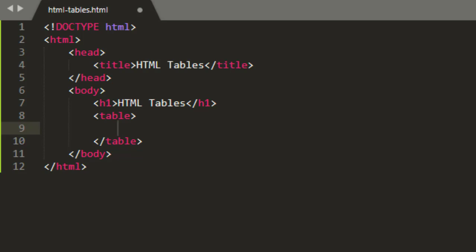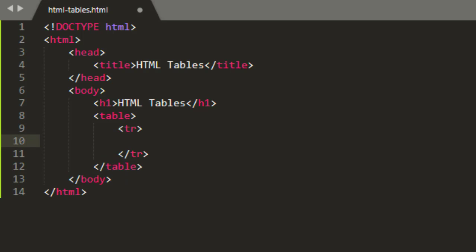Okay, let's go ahead and add a row to this table. To add a row to a table, you use a TR element. So I'll press TR and hit tab here just like this, and now we won't see anything displayed in this table. I have to add some cells. So I'm going to go ahead and split apart the opening and closing TR tags like that,